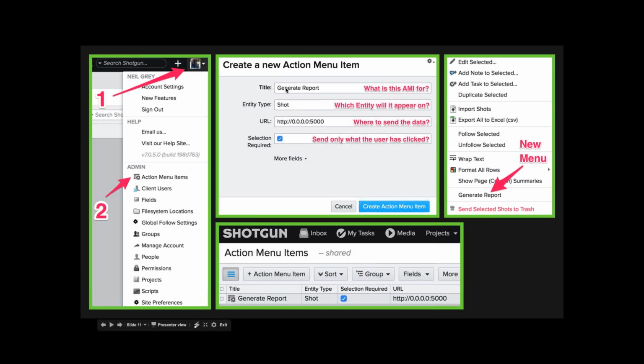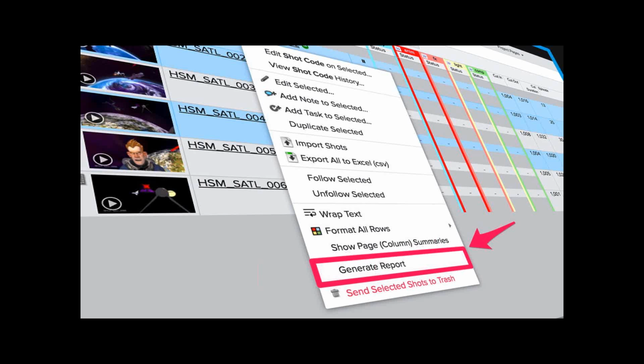And you give it a name and an entity type that you want it to belong to, where you want to send the data, and whether or not a selection is required. This selection required is actually quite interesting. It allows you to pass through specific data that's contextual to the user. So in my previous example here, I only selected 3 shots, so I only want to pass through the data